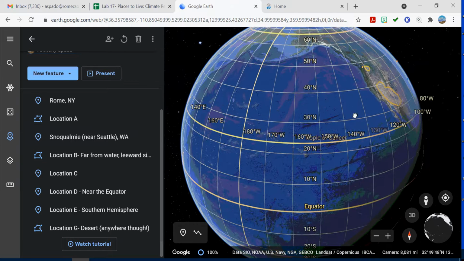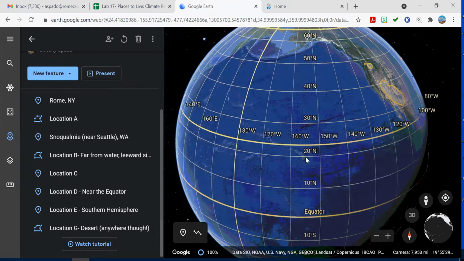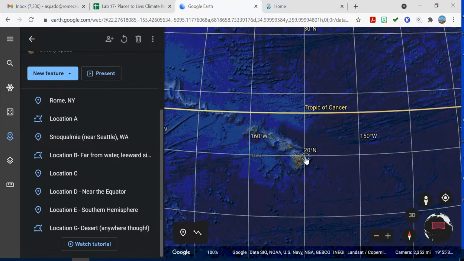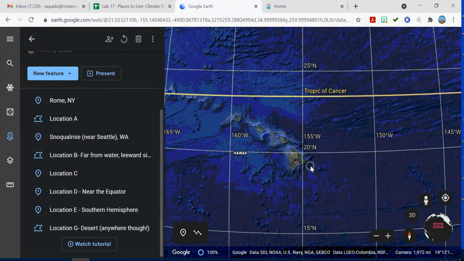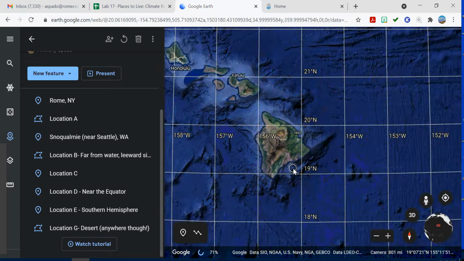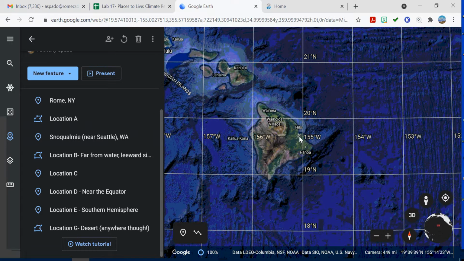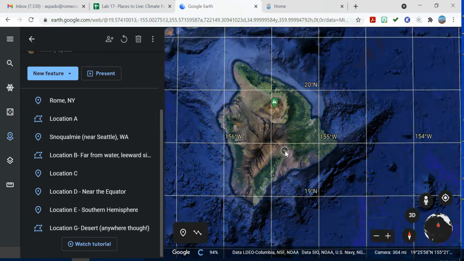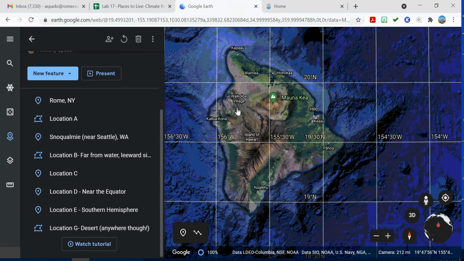Obviously, if you don't have any suggestions, you've heard me say a few times, I think Hawaii is the cat's pajamas. So that would be cool to explore. And there's a lot of different, there's actually multiple things on Hawaii. We can make a whole lab on it, where if you're on the east versus west coasts, you can see that the weather is significantly different over here versus over here just by looking at the vegetation. So anywhere in the world that you might consider moving to, doesn't have to be Hawaii, just one suggestion, but